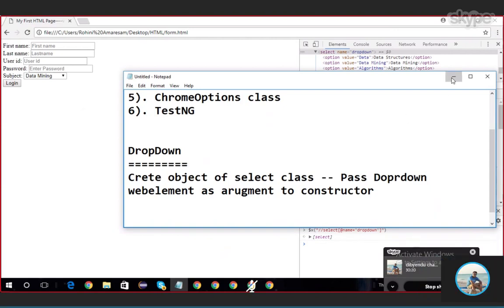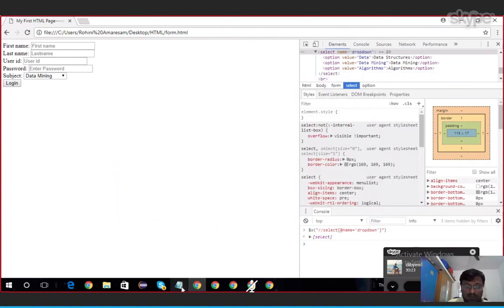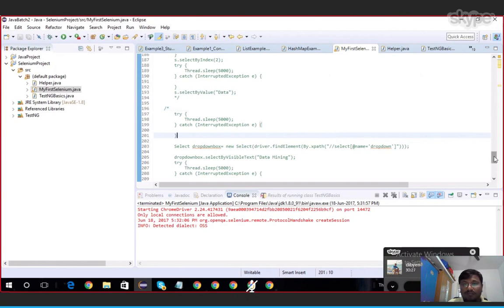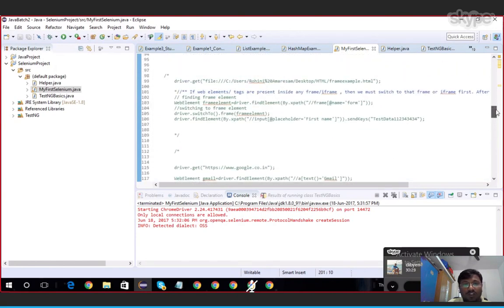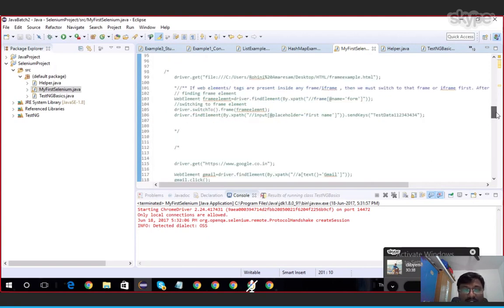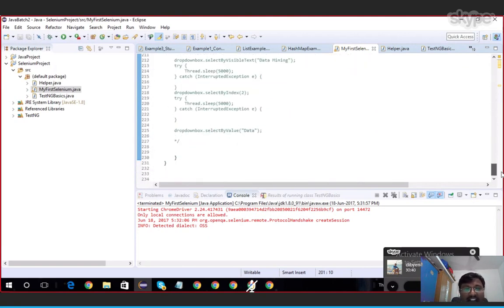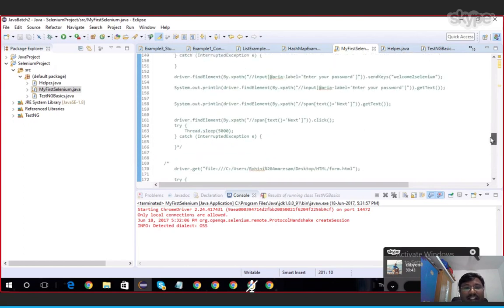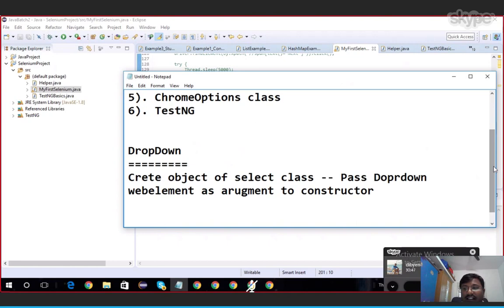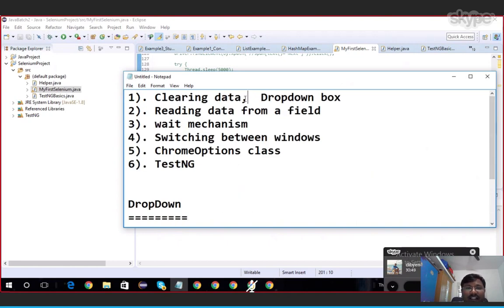Now, generally we can read data from text fields and text areas. Some text fields will have some data. If you want to read the data from any text area or text field, we must use a method called getText. For clearing data, we have a method called clear.